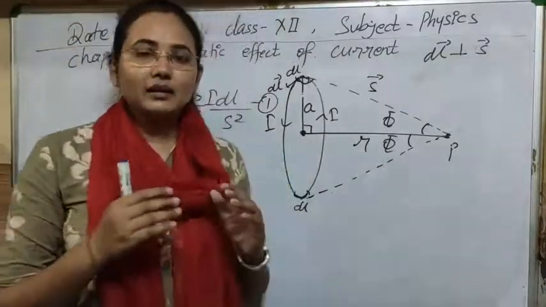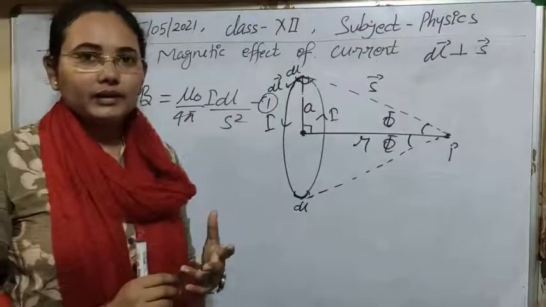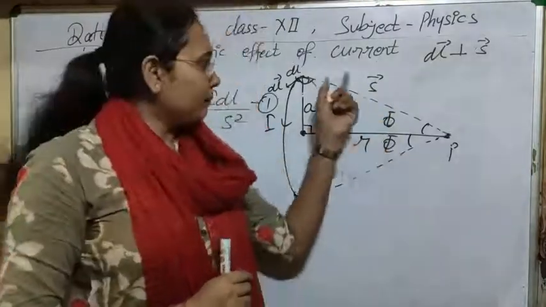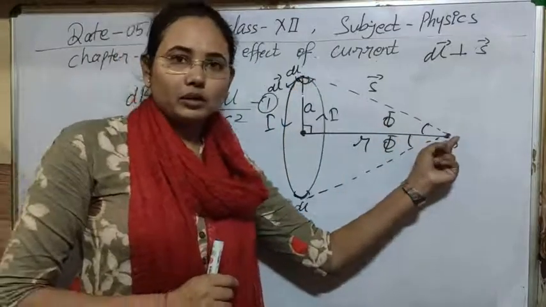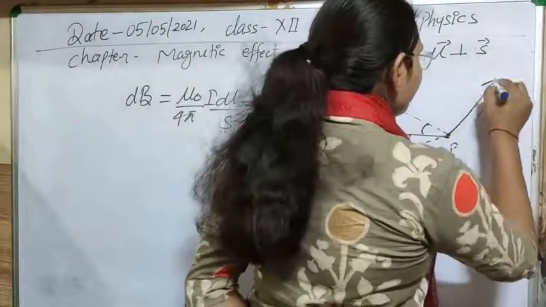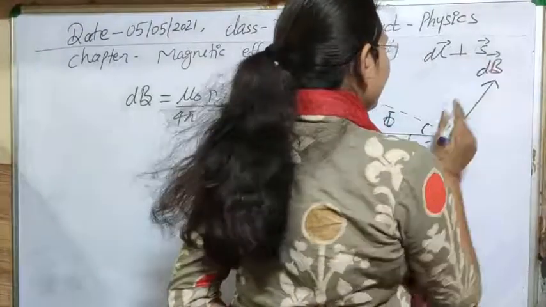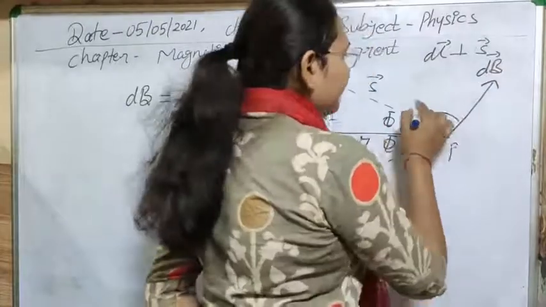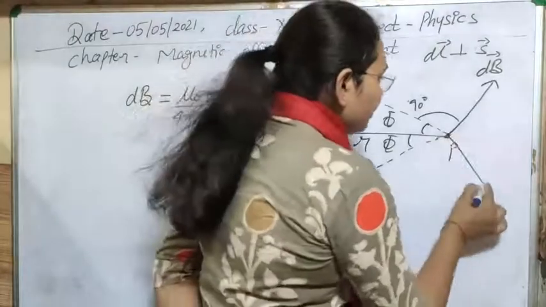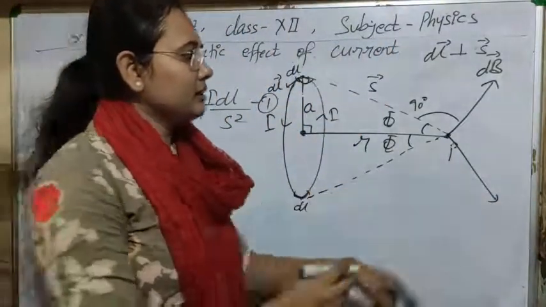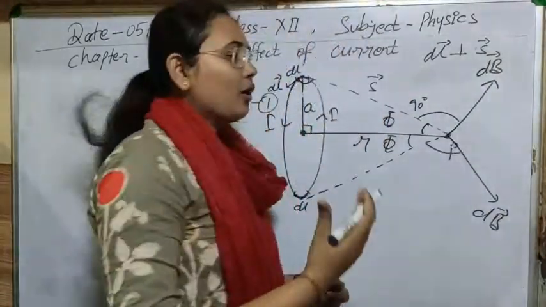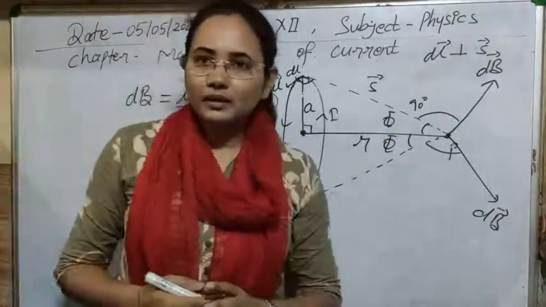So it means that the direction of the magnetic field should be perpendicular to the position vector we are obtaining at this point P. If you draw the magnetic field in this direction, this is the direction of the magnetic field that we are getting, and this is our angle of 90 degrees. Again, for this current element, this is the direction of the magnetic field, and it is in the outward direction, which you can find by using the right hand thumb rule.